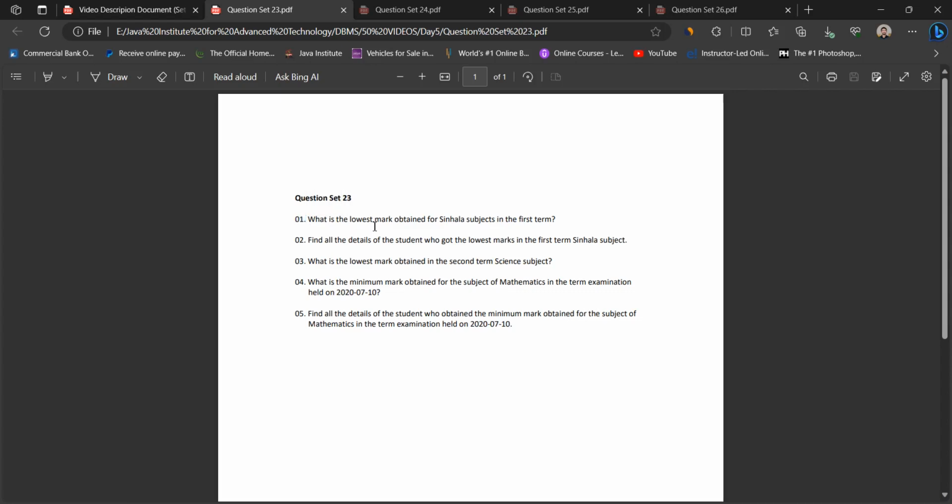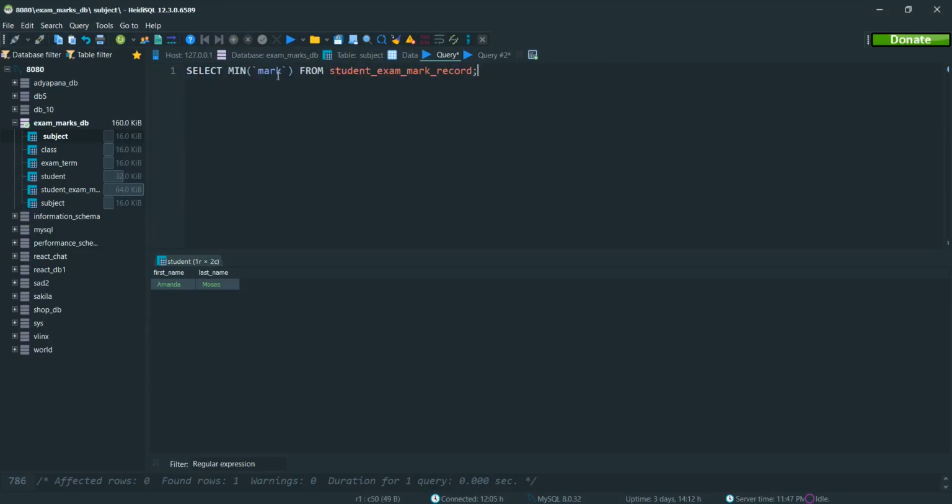What is the lowest mark obtained for a single subject in the first term test? So here I have used the min function, which represents minimum. Now let's execute and see. So this is the minimum mark, the lowest mark obtained